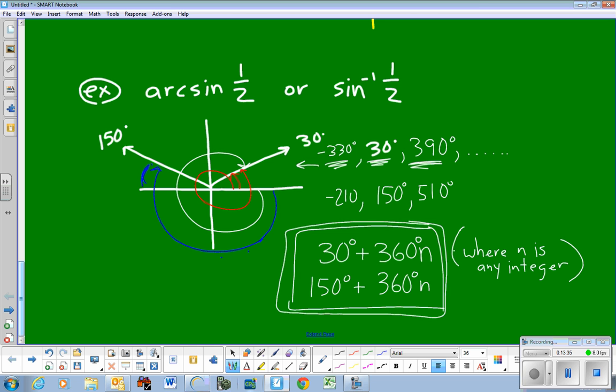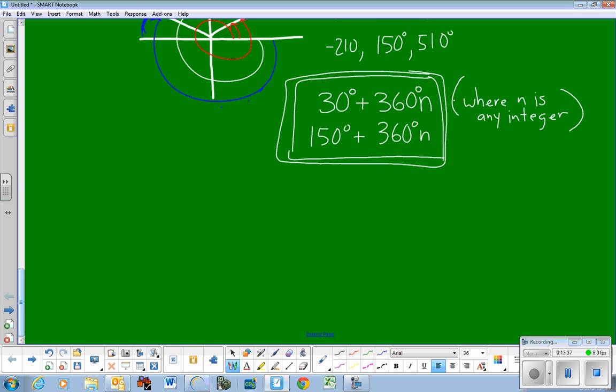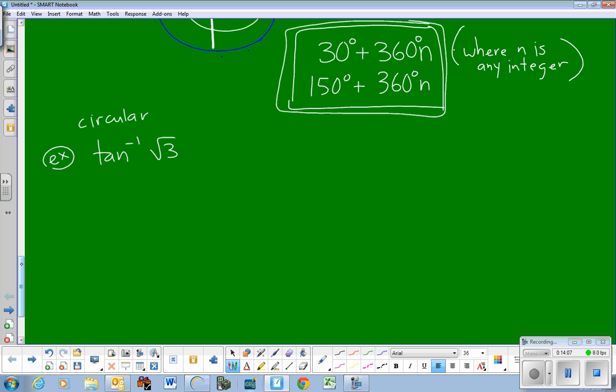Now, to get an example that's not in degrees, let's do a circular arctangent of, let's say, square root of 3. Now, because sine and cosine are the ones that we naturally deal with, arcsine and arccosine are a little bit easier. Arctan, arccosecant, those type are going to take a little bit more thought. But what I will realize with a little bit of thought and reasoning and maybe some multiplying of fractions, dividing of fractions,